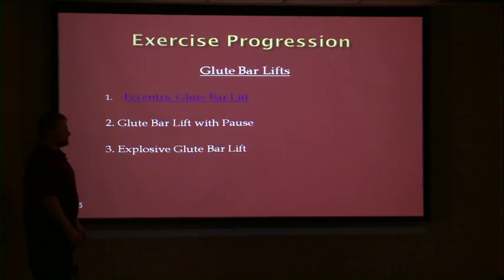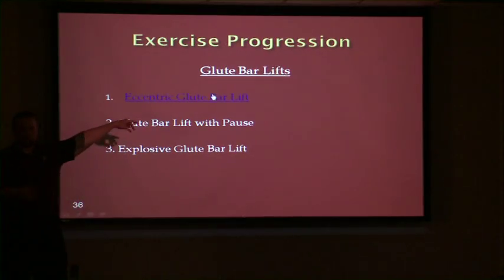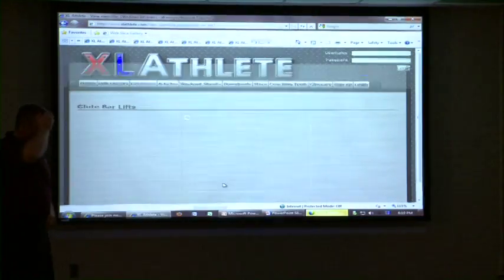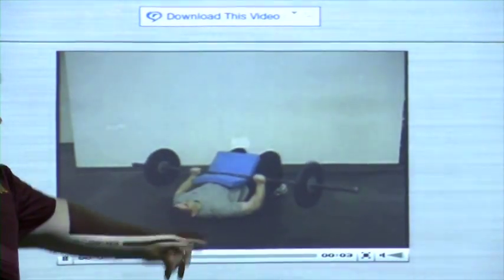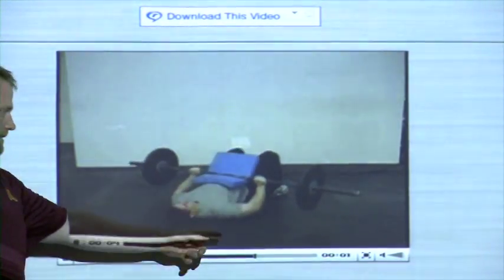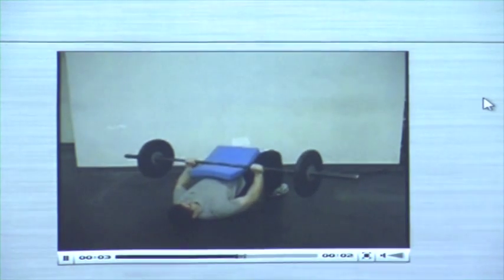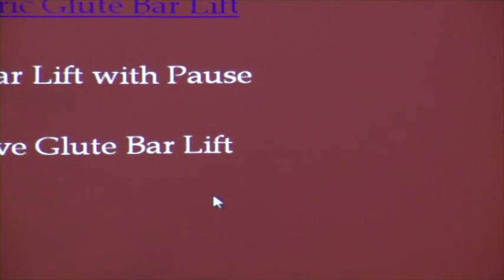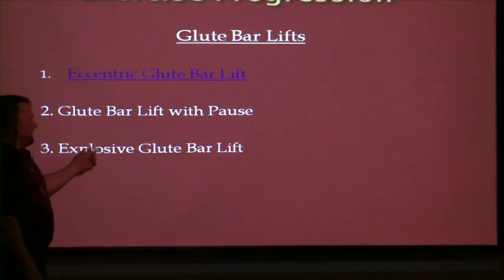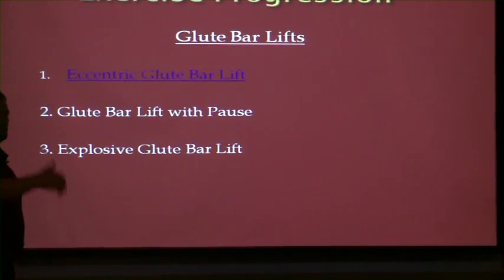Next slide. I love this lift, glute bars. Anybody ever done the glute bar lift? They know what I'm talking about? I can't even remember. I think it was Brent Contreras, I believe. So you can see basic lift, and you could do an eccentric component to it. It's unbelievable glute development. Now we'll go back to the PowerPoint. And then you can see the glute bar with a pause, so we'd pause at the top, and then we do it very explosively. We do it with bumper plates. This is how you progress your exercises to transfer into